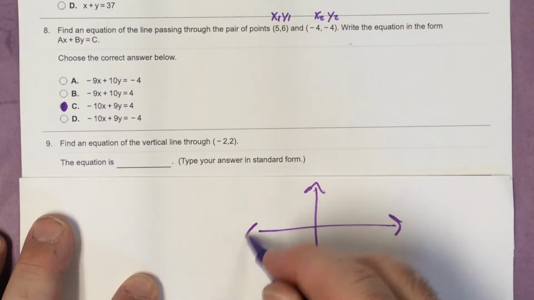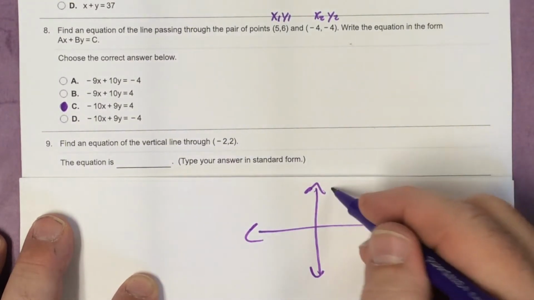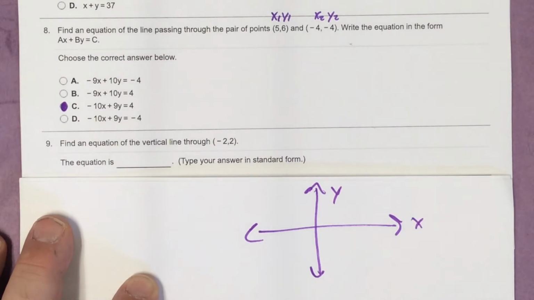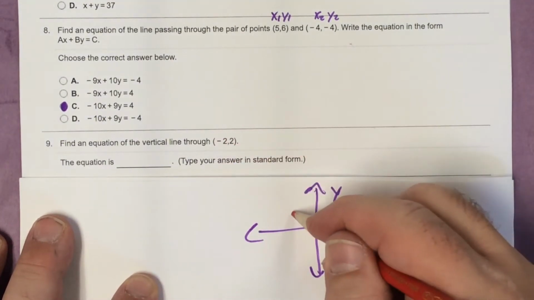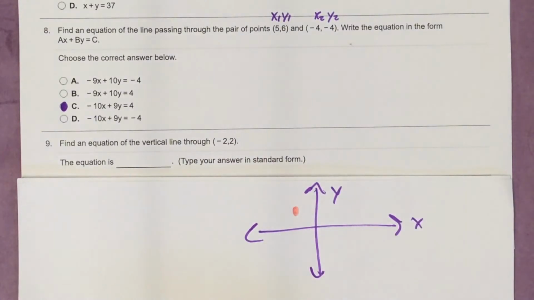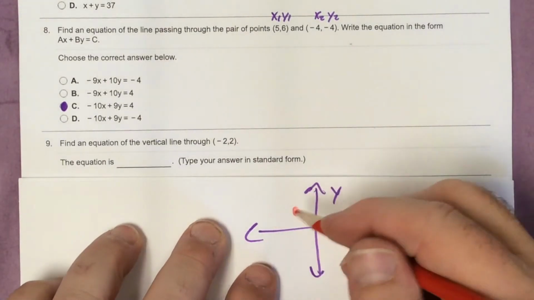So here is the x-axis, here's the y-axis. I'm going to use a little red marker to illustrate this. The point negative 2, 2 would be something like this. So I'm drawing a vertical line through that,